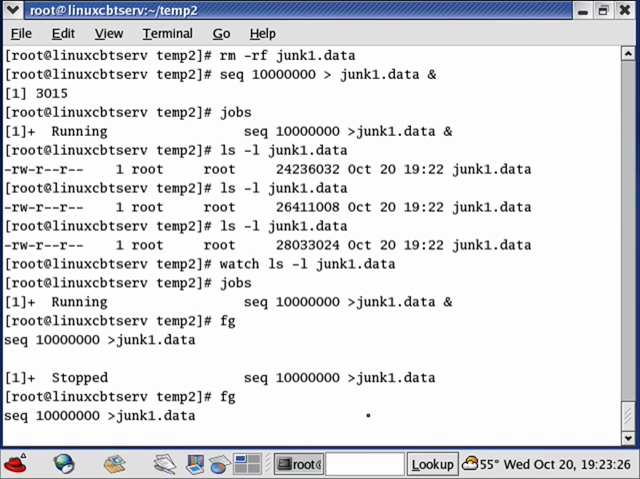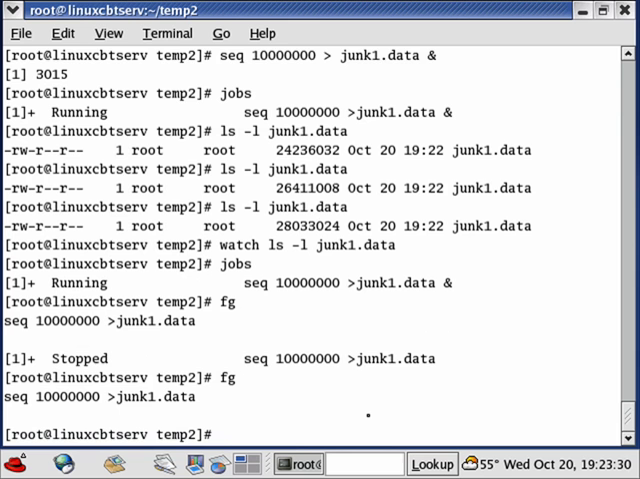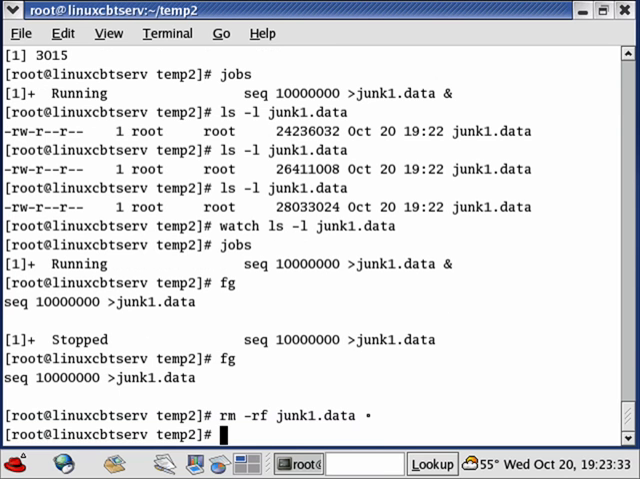Jobs, background, foreground. There's some other neat commands such as sort, uniq. Let's actually remove junk1.data. Sort, uniq, for example. In order to illustrate how sort and uniq work, we need to create a dummy file. So let's create a new